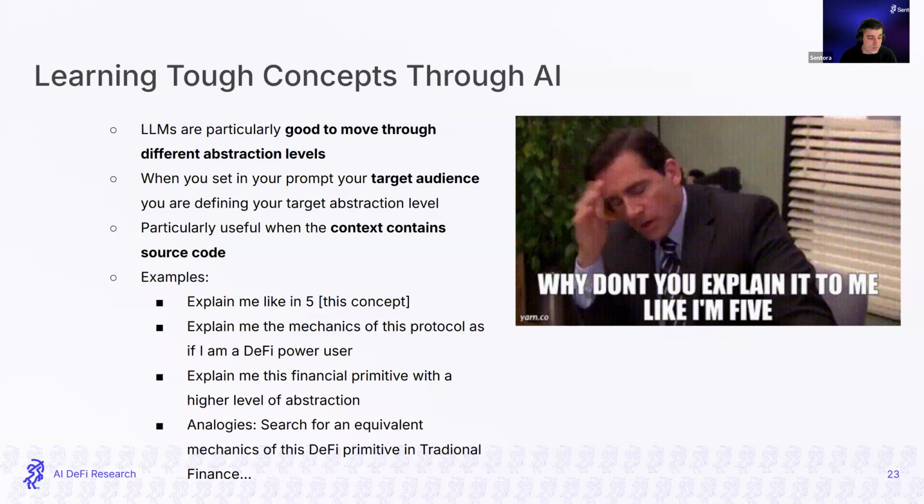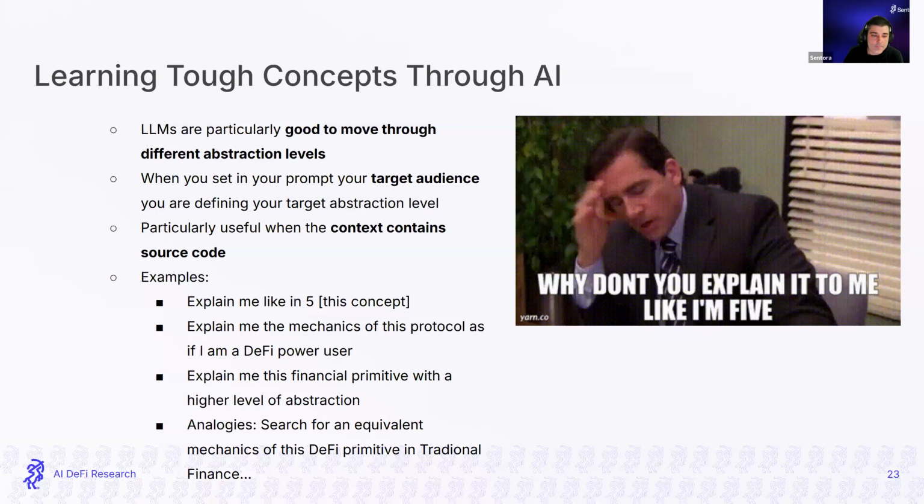This will be extremely useful when working with low-level materials like source code. The most dominant example of this, when GPT 3.5 came out, is explaining a difficult concept like if I'm 5 years old, right? Let's say that this is the highest abstraction layer. But by being able to go deeper into that abstraction layer and explain things with an evolving level of detail, we can learn a concept in a better way.